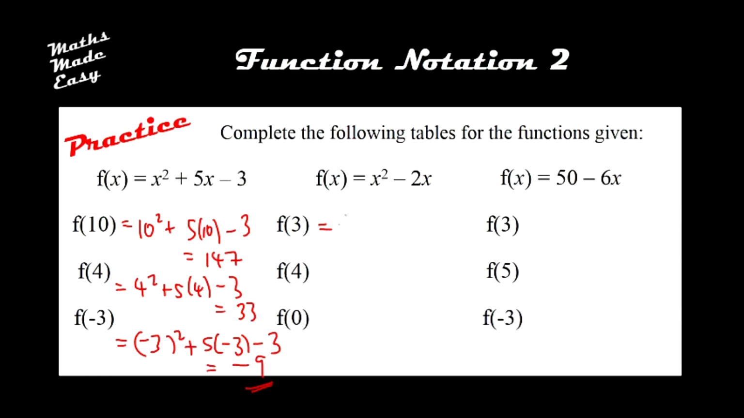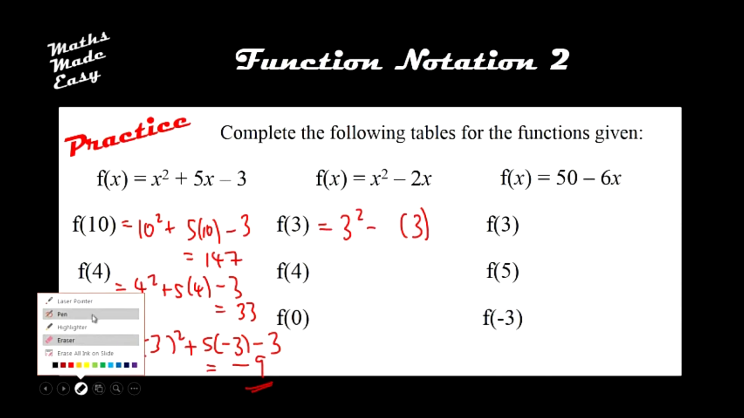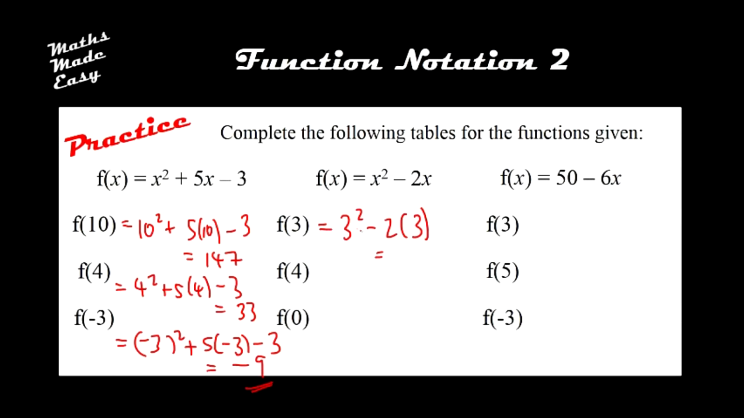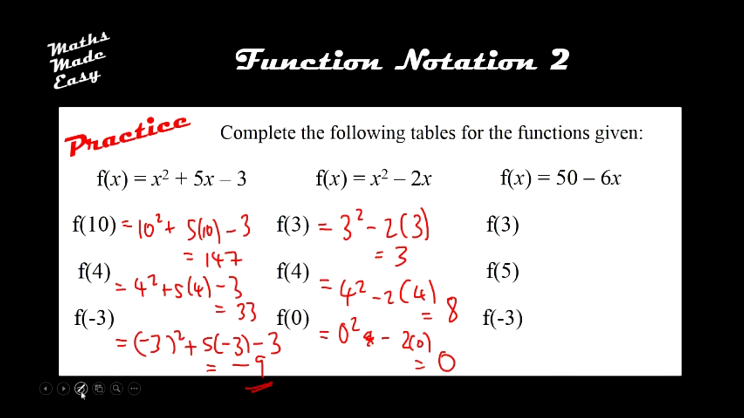And for this one here, we've got 3 squared, subtract 2 lots of 3. Sorry, I don't know why that 2 ended up like that. Let's make that look a bit better. We've got 3 squared, which is 9, take away 2 lots of 3, that's 6, so we end up with 3. This one, 4 squared, subtract 2 lots of 4, 16, take 8 is 8. And finally, f of 0, well, 0 squared, take away 2 lots of 0, is just 0. And the last question,